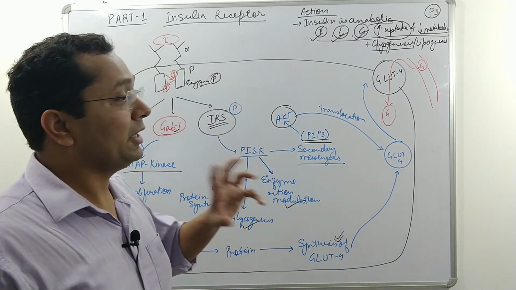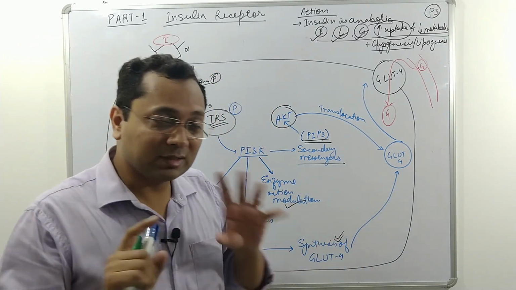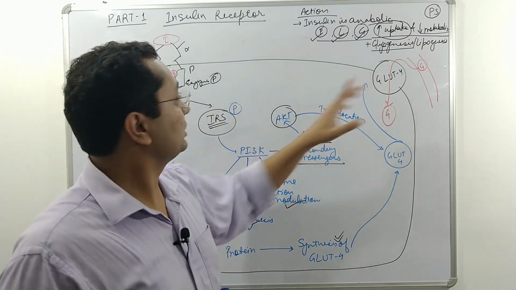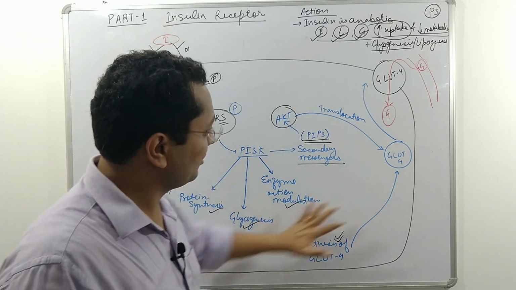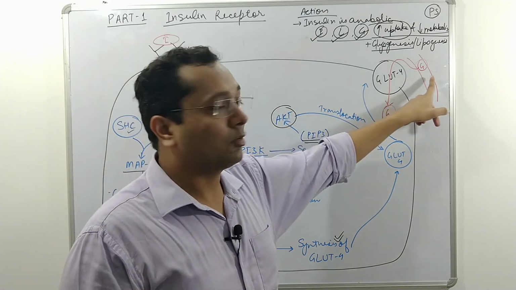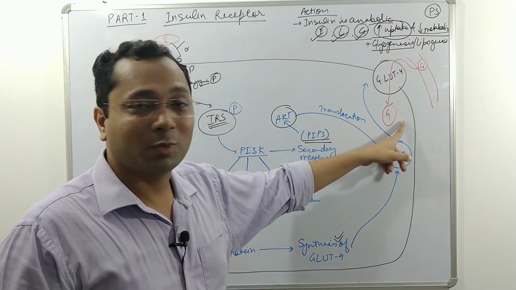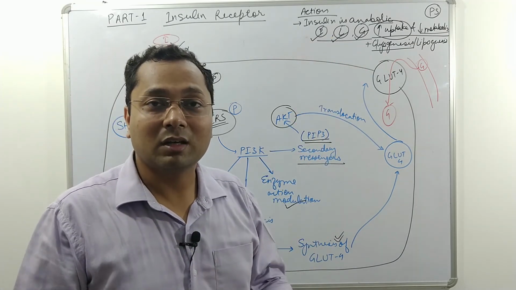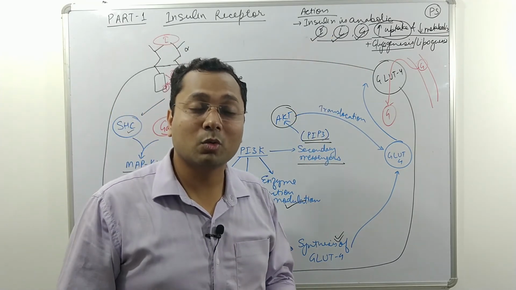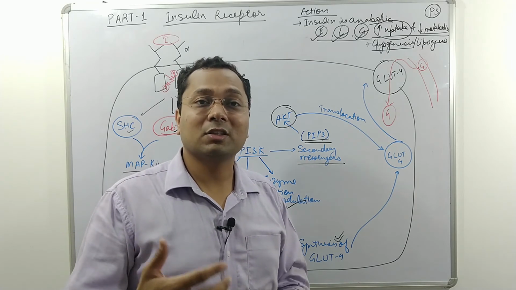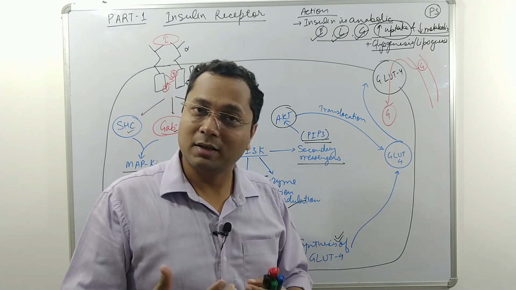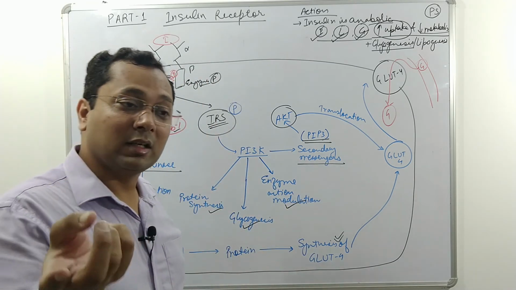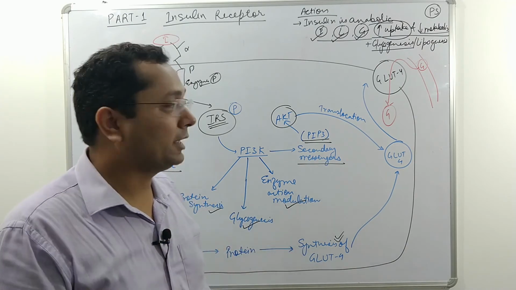So now if there is lack of insulin, we can see what will happen: this complete process will not occur. There will be lack of glucose. This glucose will not be transported inside the cell. The cell will keep on sending signals to the brain that we are hungry, we need more nutrition, more glucose is required. So that leads the patient of diabetes to eat very frequently, correct? So this is the reason behind polyphagia, frequent eating.